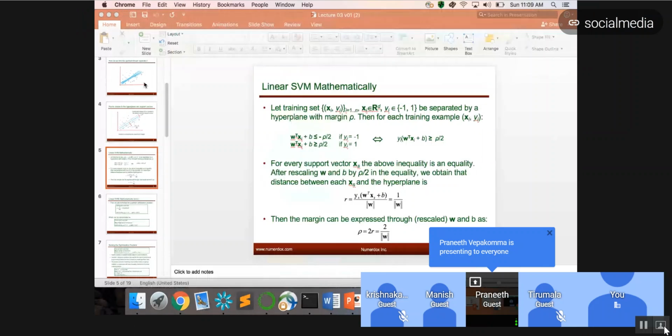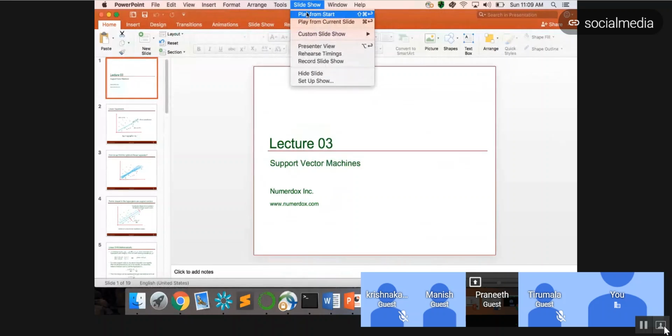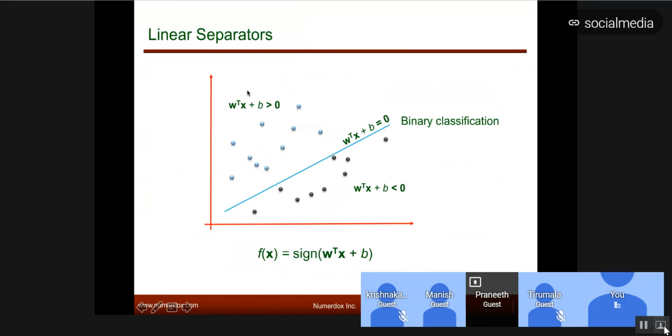So the class is about finishing the rest of SVM internals. As a quick recap of what we already covered in SVM, we were looking at, you can see my screen, right? Yes, we can. So we're looking at how the separation between the two classes can be done in terms of linear support vector machines, using these linear lines or hyperplanes if you have more than 2D data. If your points were described with more than 2D variables, then you're having a linear hyperplane.